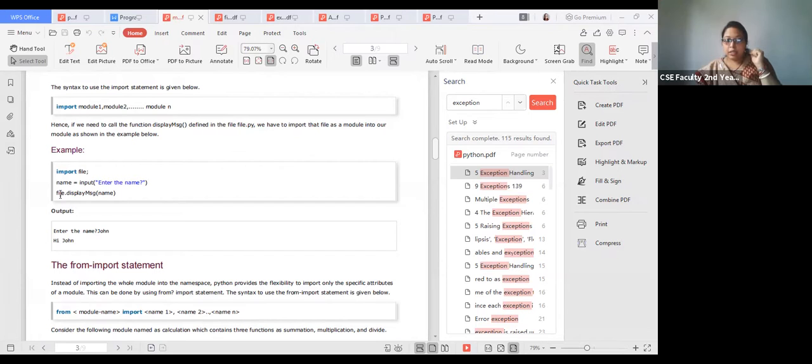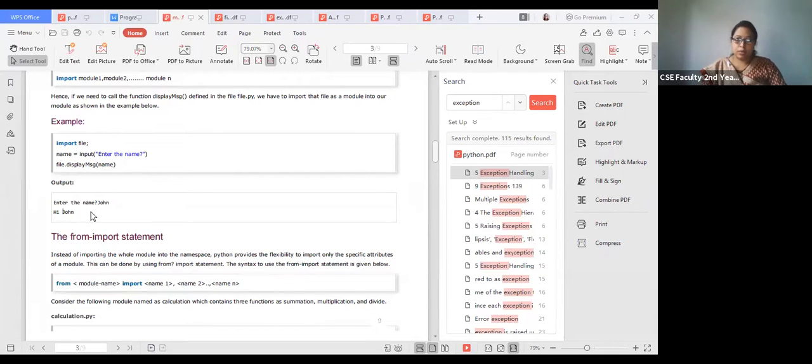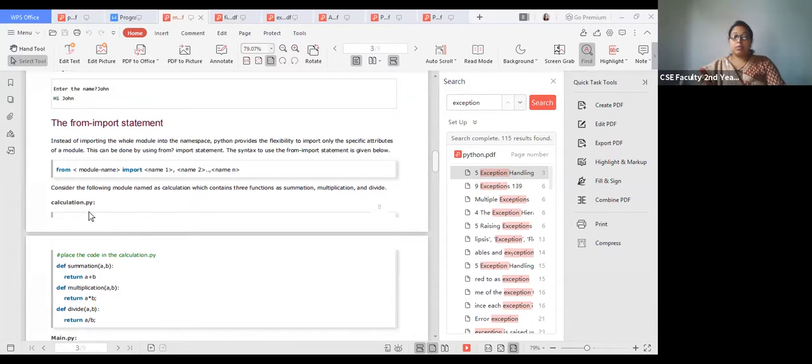Here we are using file dot display message. The dot is indicating display message is under the file module. So file dot display message, and now you are passing your name. That means the file you have already imported will display the name. So the output will be: enter the name, John. Hi John.